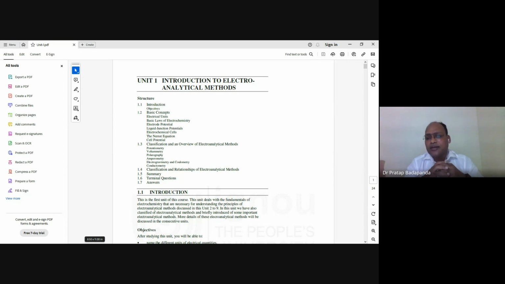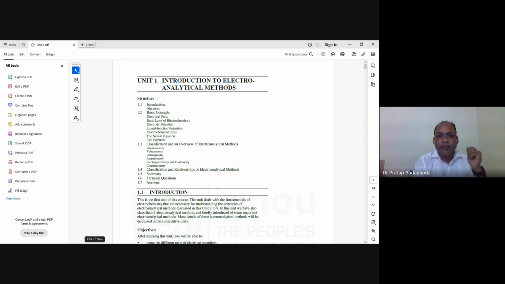liquid junction potential. Liquid junction potential means that when two liquids having different potentials are added together, a barrier arises between them, because they have two different types of potentials, right? Suppose one has plus 2.00 and another minus 1.00 volts. If we add these two, a potential difference will be created there. That is liquid junction potential. This is a very interesting part of